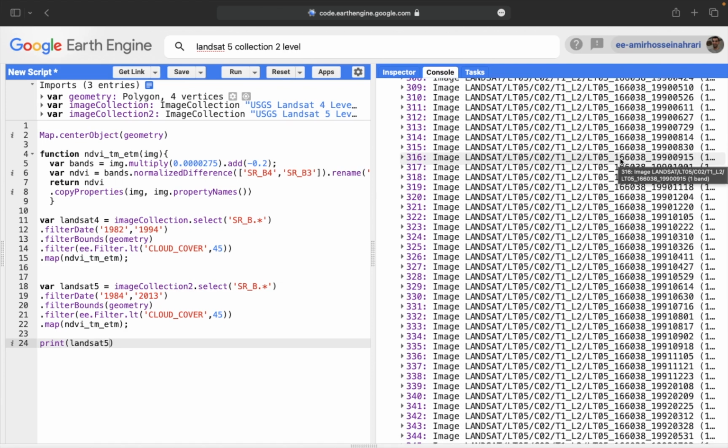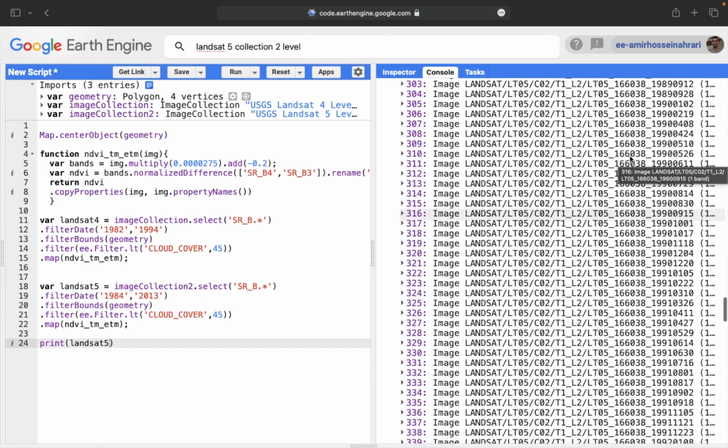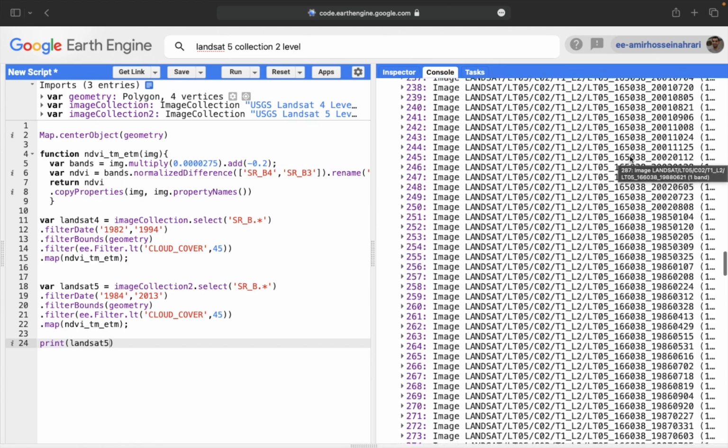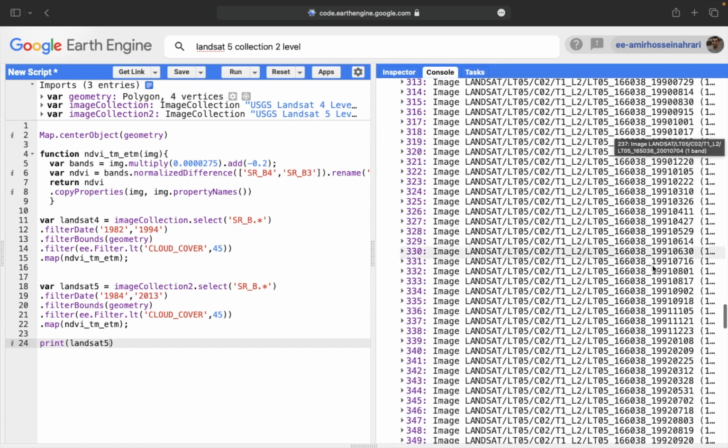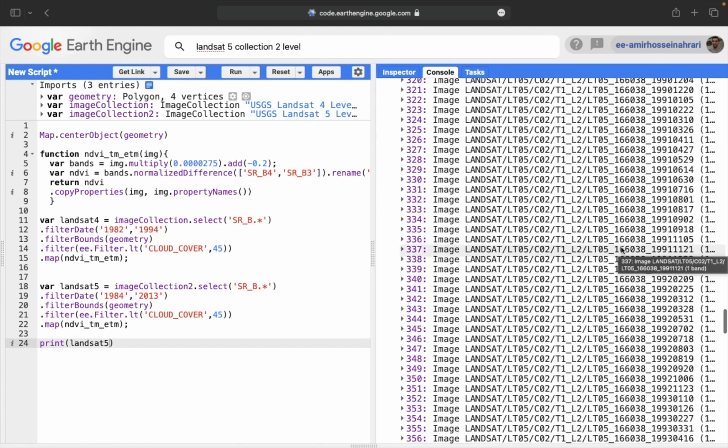We also have some frames that are different from each other. For example, some of the frame codes are 165.38,